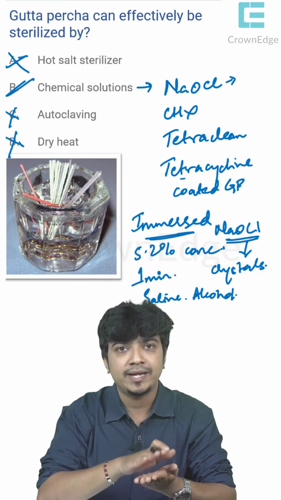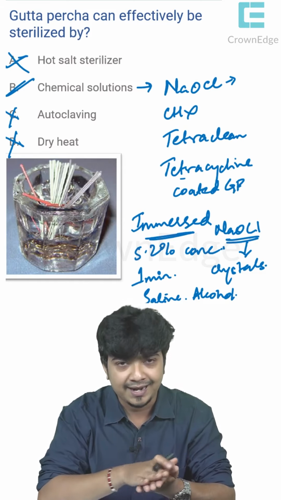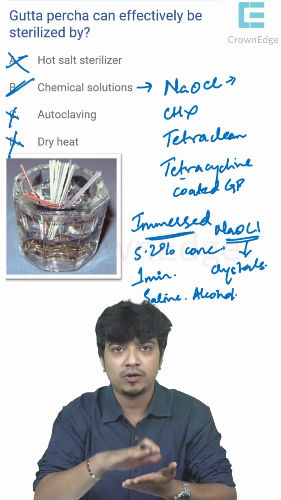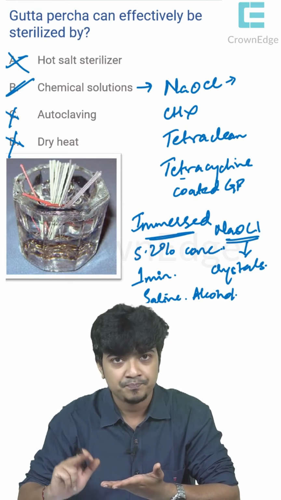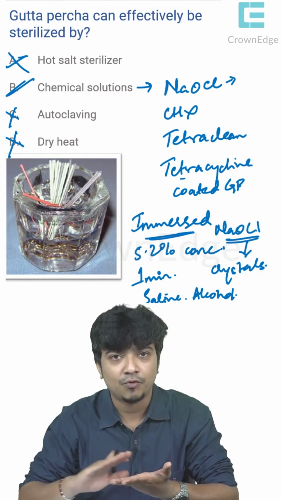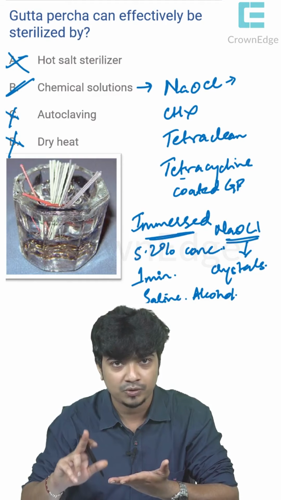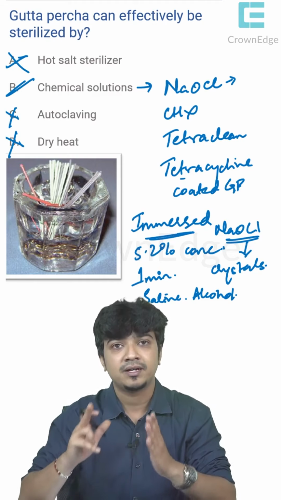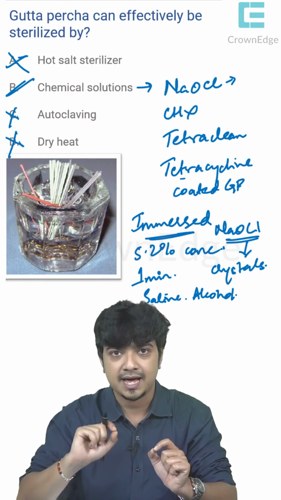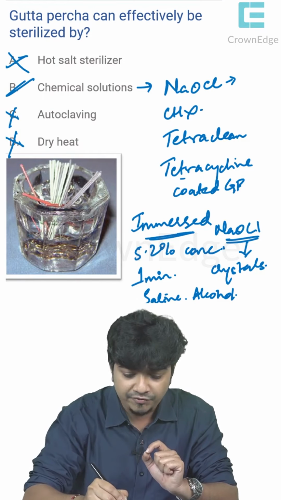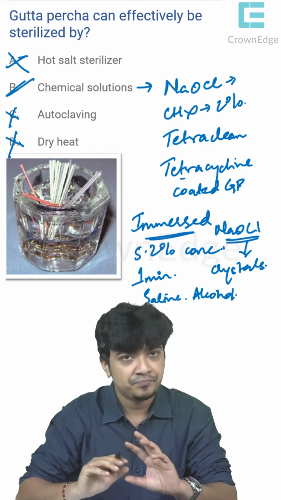Keep 2 layers of gauze over it and dry the entire cone before using it with the sealer inside the root canals. So it is extremely crucial that we completely remove all the contaminants of the sodium hypochlorite which can interfere with the sealing capabilities of the gutta percha cone. That is, in case there is the hypochlorite which is being used. If you are using 2% chlorhexidine, it is not an issue.